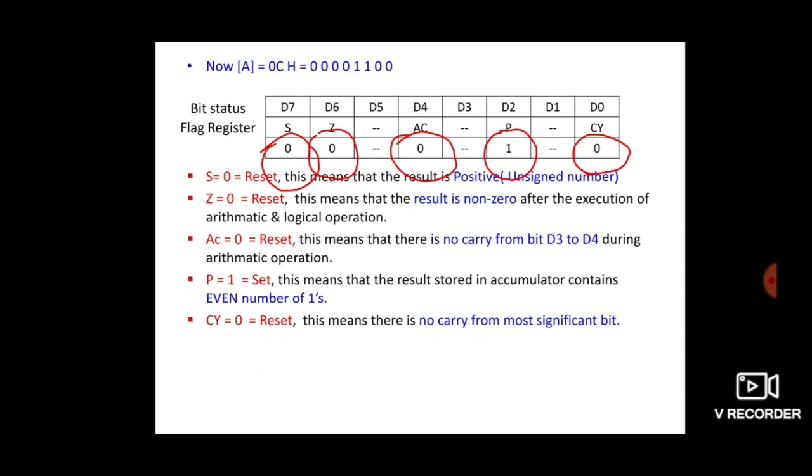How to calculate? When a problem like this is asked in a board paper, first execute the given instruction and store the result in the accumulator. Then, depending on that accumulator value, set the status of the flag register. This type of question is very rarely asked in board papers, but when the value of the flag register is given directly, convert it into a hexadecimal value and put that value in the flag register status.